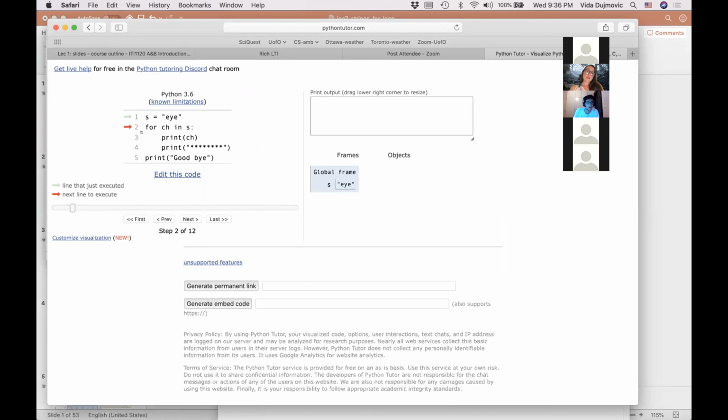Here's the first time we encounter a for loop. What did we say? We have a sequence S, and the first element of that sequence, in our case the character E, gets stored where? In the variable that you named at the beginning, CH. So basically it executes CH is equal to E. That creates variable CH. When I press S, variable CH is created and it has the letter E in it. Then we enter the body of the loop and do what it says. Print CH.